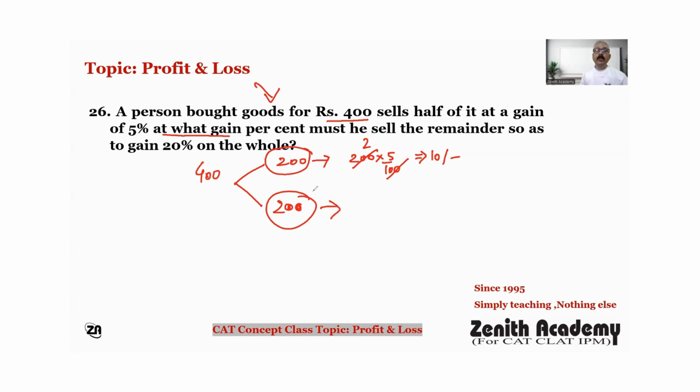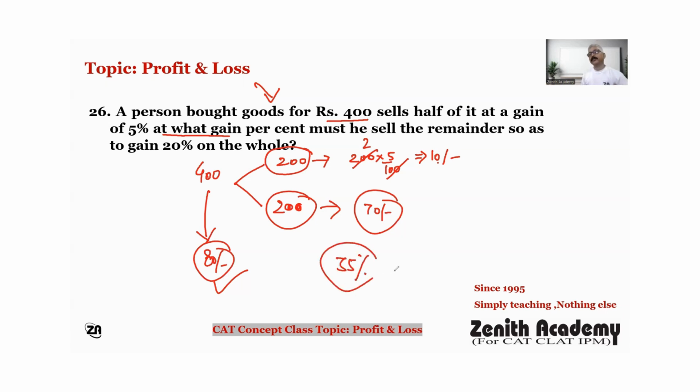So as to gain 20% on the whole. तो होल तो 400 था, 400 का 20% कितना होगा 80 रुपीज। मीन्स ओवरऑल यू वांट 80 रुपीज गेन। 10 रुपीज का गेन हो चुका है, 200 रुपए पे 70 रुपए आपको और चाहिए, तभी तो ये हो सकेगा। तो 200 पे 70 क्या हुआ? 200 पे 70, 100 पे 35, यानी आंसर हो गया 35%।